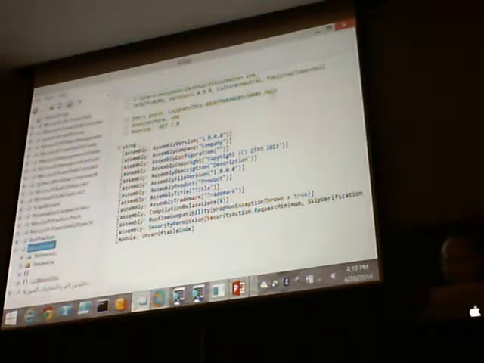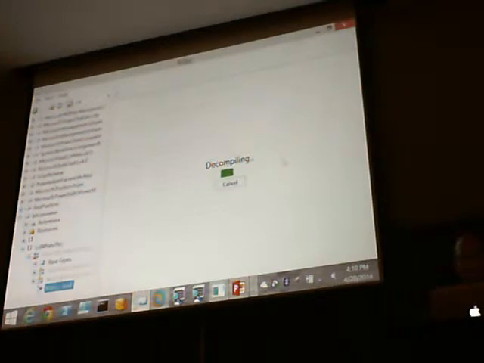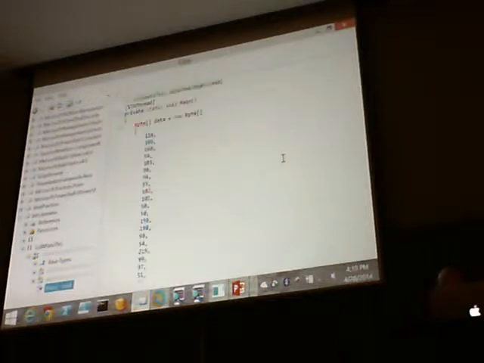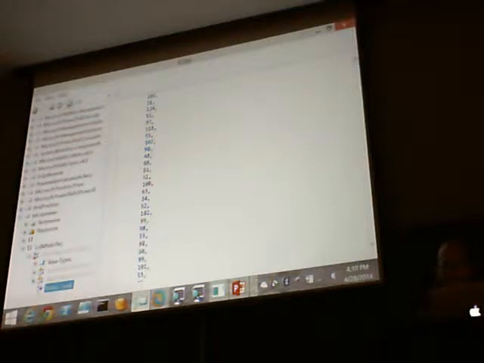So here it tells me what the entry point of this executable is. It's the main method, as it usually will be. So here I can just click on that main method, and it'll go in and decompile it for me. It takes a few seconds because the main method is huge. So here we have this. Can everyone see this? Yeah. Okay. So it's defining this massive byte array. I have no idea what this does at this point,